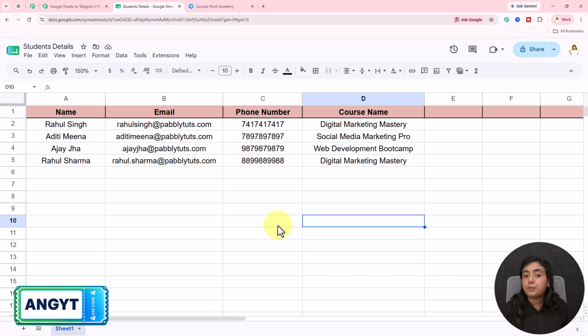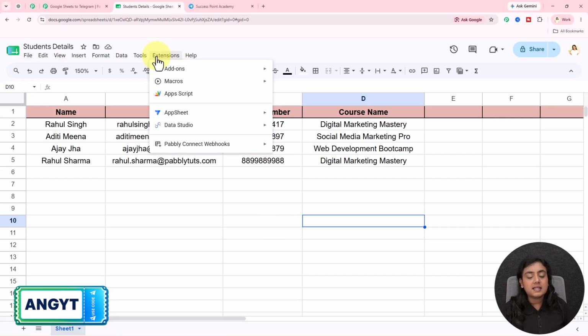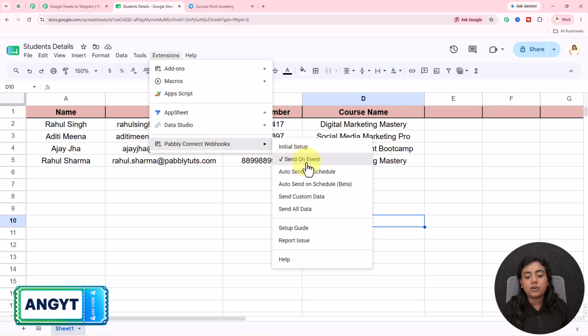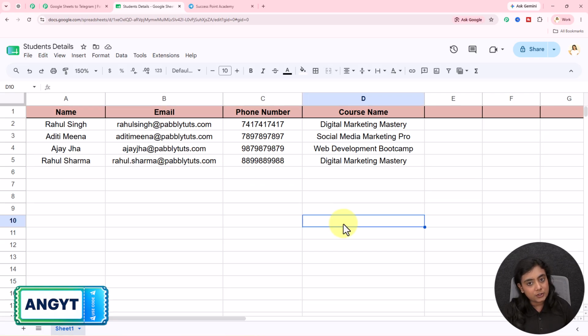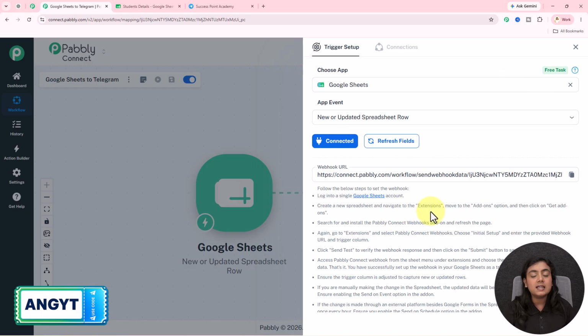One very last important and very mandatory step is left. That is in Extensions, Pabbly Connect Webhooks, turn on the send on event. You will see a tick mark just like this. That means it's on. It's mandatory to turn that particular step on because every time you add the new student's data in this Google Sheet, automatically Google Sheets is going to detect that new data and send it towards the